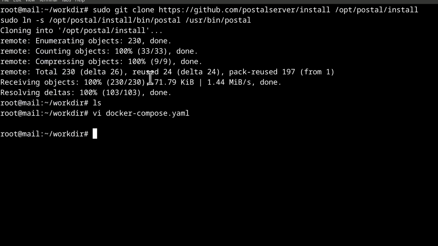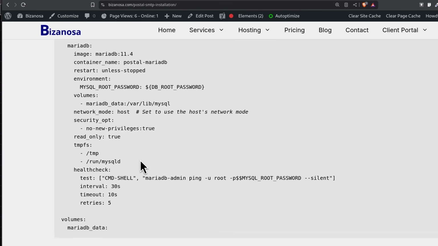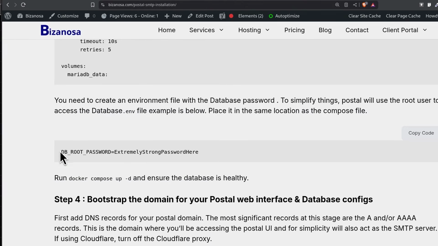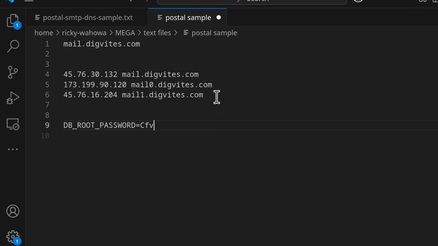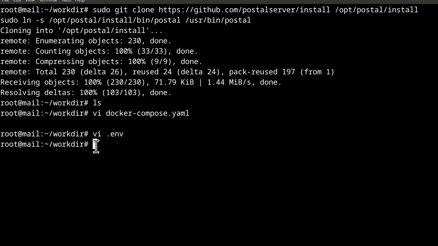The next thing, I need to create the env file, vi .env, in the same directory as the compose file. And in that, I want to add the password for my database. Generate a password here. Copy, Control-Shift-V, escape, Shift ZZ. Of course, let's bring the database up.